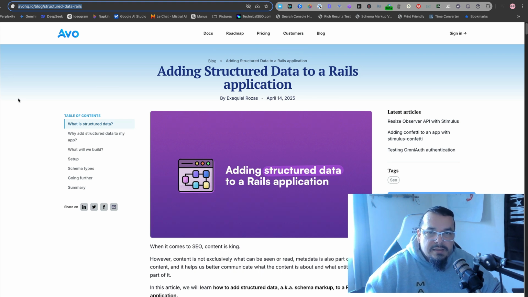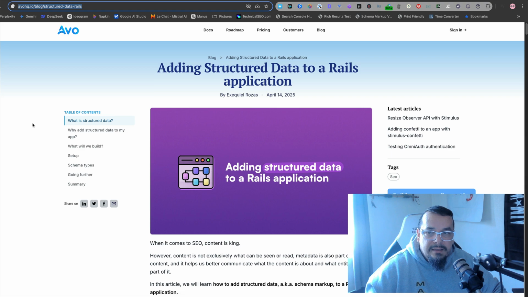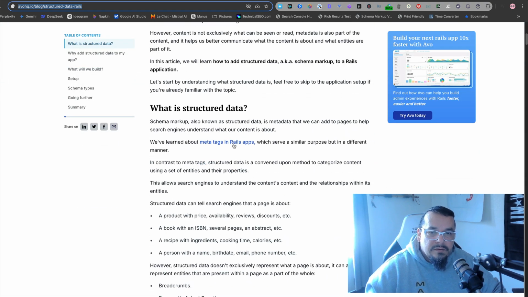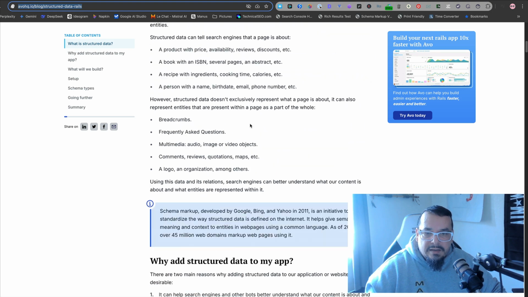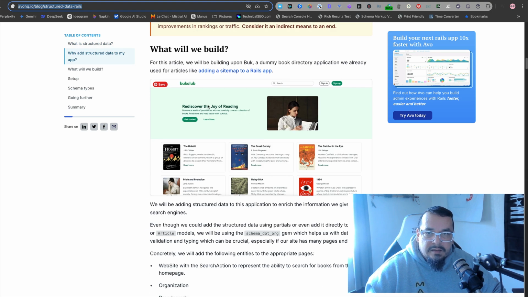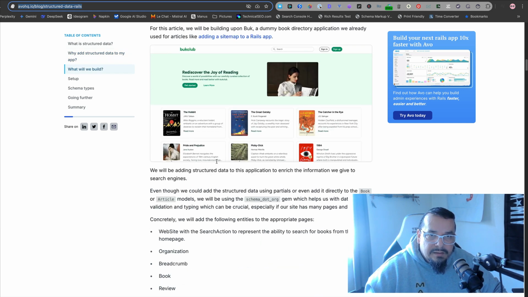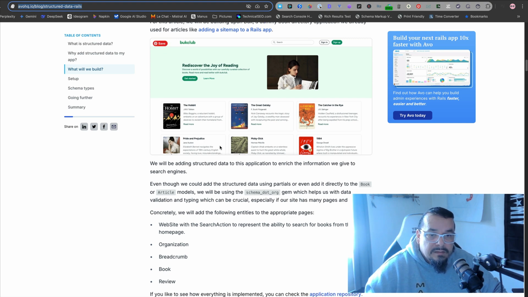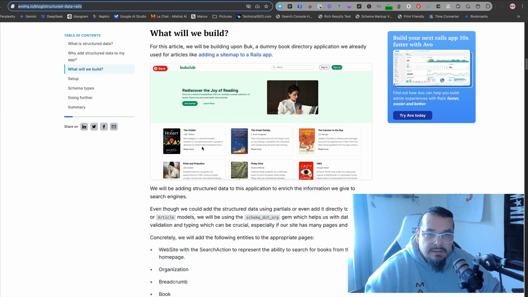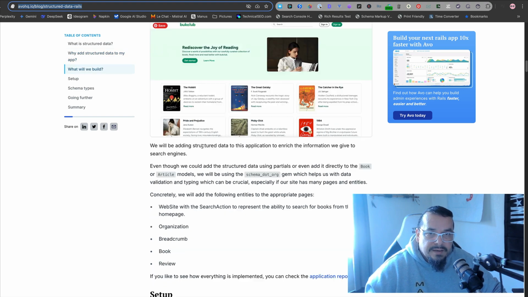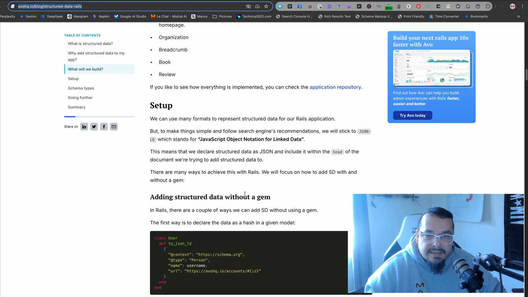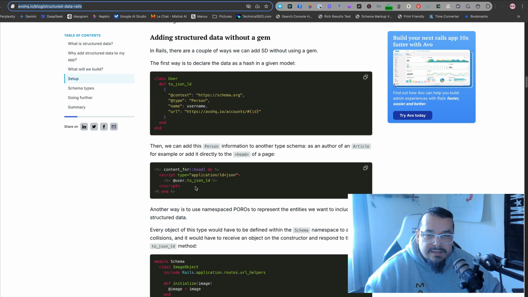Ruby on Rails applications: you can add structured data to that. I've never done anything with Rails apps, so I was looking at this and I was like, oh, that's pretty interesting. You can use AI now and think about Ruby on Rails and other platforms. And this is an example of a Rails app. He's got a book directory, but let's say you wanted to do a business directory or application repository, that kind of stuff. You can use Ruby on Rails, and this is how you get the schema put into it.